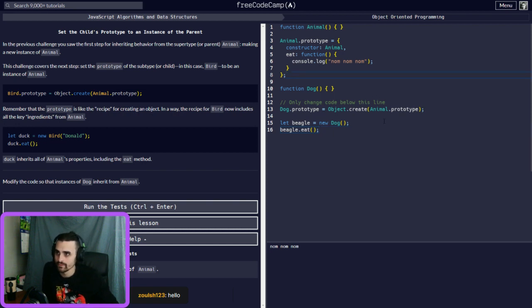So this is how it goes: beagle is the lowest, and then you go higher, which becomes the dog, and then you go higher than that, which is animal. So this is subtype, supertype, and this is the supertype of this and this.